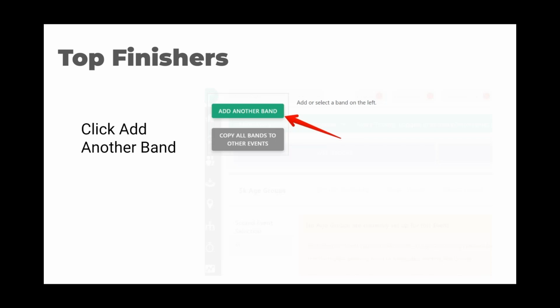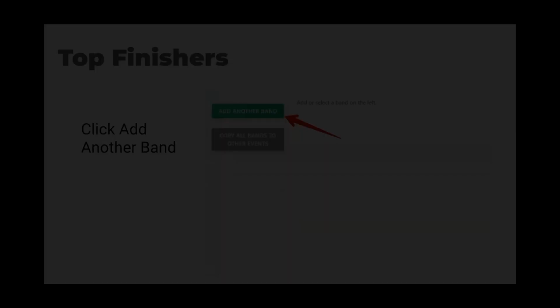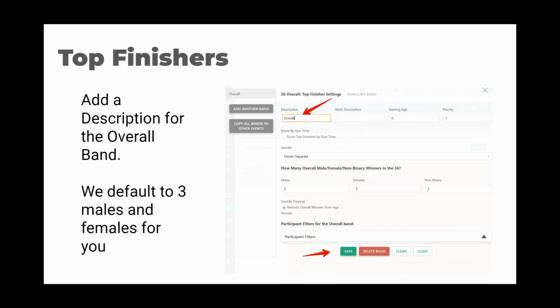Next, we are going to select add another band. We're going to call our first band overall, and we're going to set it to 3 males and 3 females. It doesn't matter what you set to non-binary. You can set it to 0 if you don't have any, or 3. Even if you did set this to 3 and you don't have any participants that are non-binary, it's not going to show anywhere, so don't worry about it. It's just not going to display if no one is